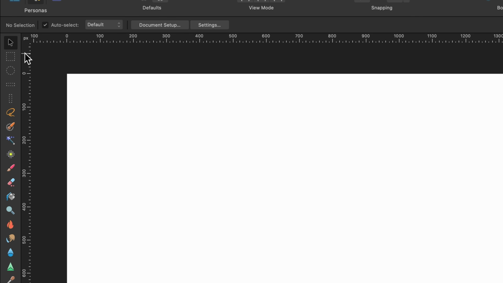Let's have a brief look at the tools. So of course we have our move tool, and then we have all of these ones here. These are all basically selection tools, and they'll help you select parts of your image and either cut them up, copy them, or just paint with inside of them. So we have the rectangle marquee tool, we've got the elliptical one, we've got the freehand selection tool, which is basically known as the lasso tool in other programs. We've got selection brush, and we have the flood select tool.